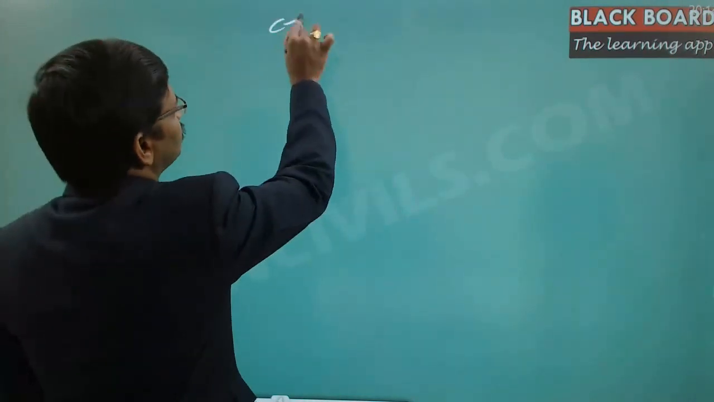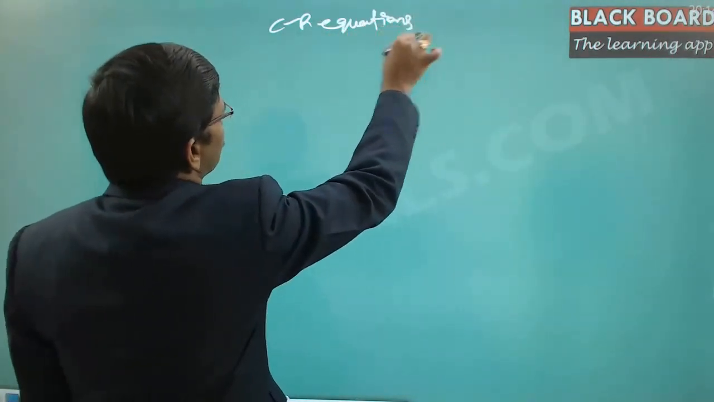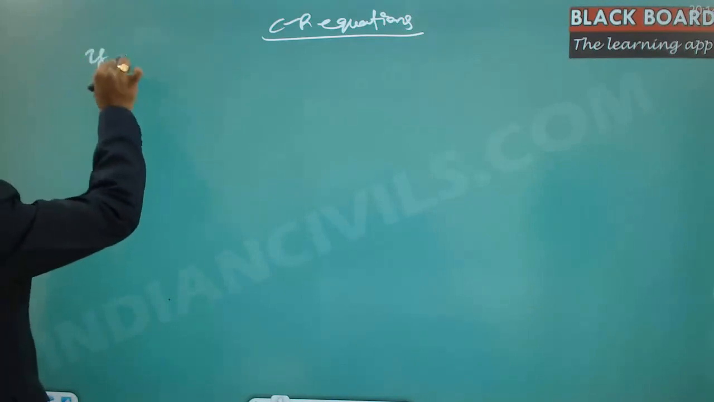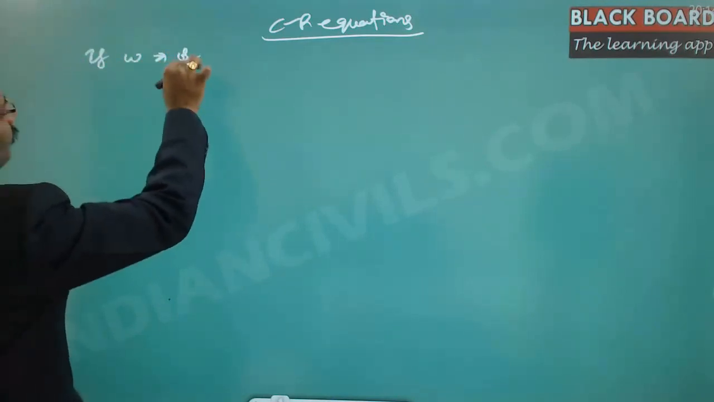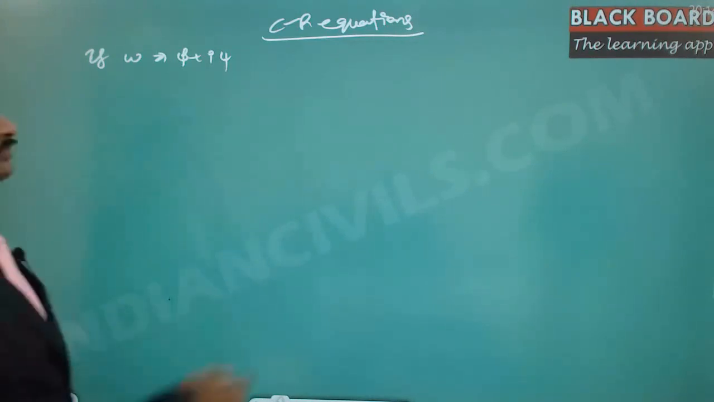So we have discussed yesterday the applications of the Cauchy-Riemann equations to identify the flow related problems. So CR equations, right? Here yesterday I gave one problem. If W is equal to phi plus i psi, it represents the complex potential,